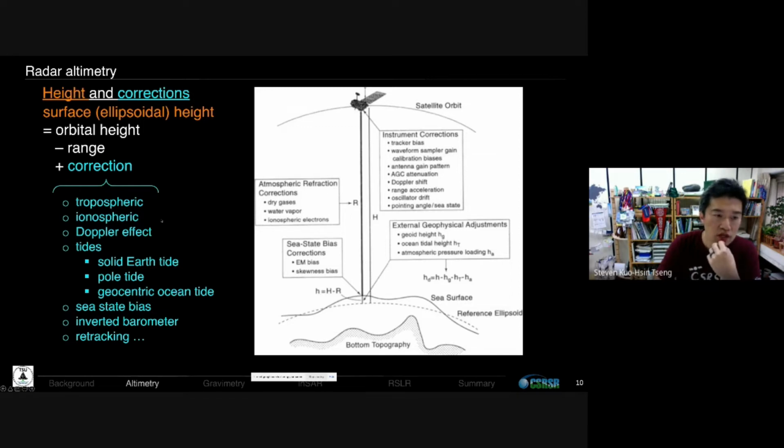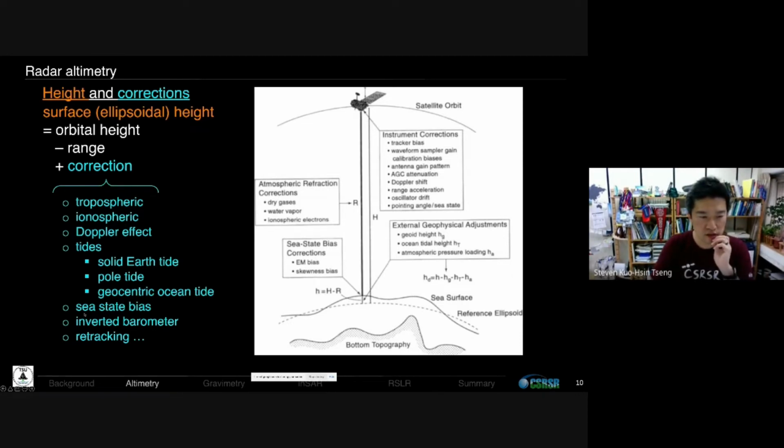So we need a good background model of the atmosphere. And we also need to understand tides, because there are periodical signals of the land and also the ocean: the ocean tide, the solid earth tide and so on, and the pole tide. We need to remove that, take out this high frequency data, then we get the real sea level,